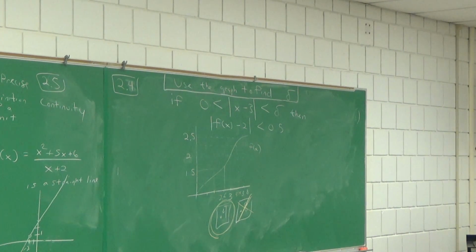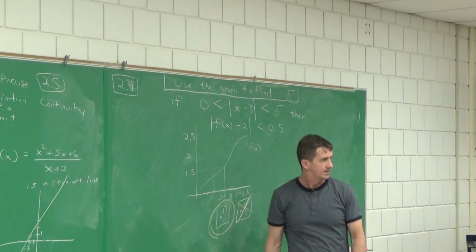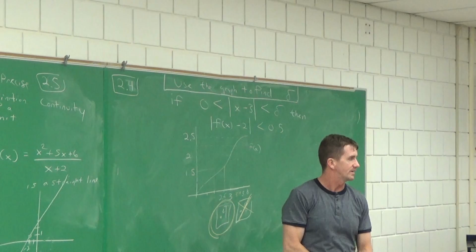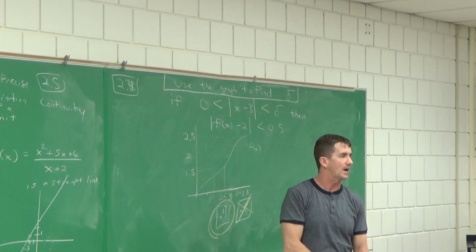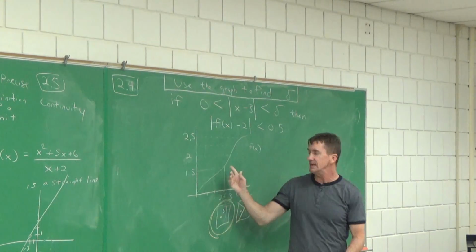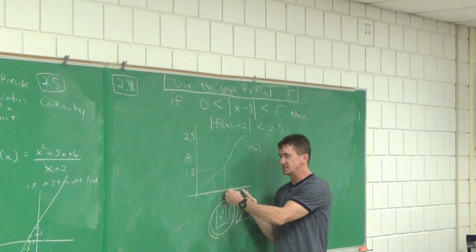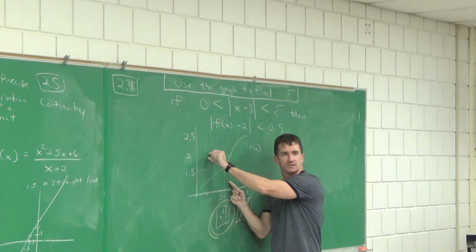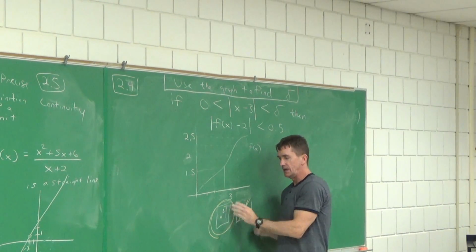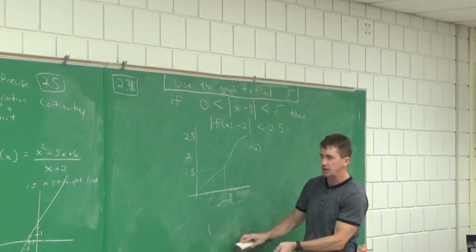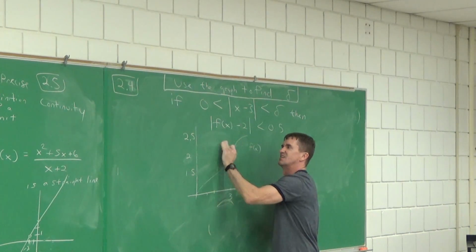But where'd you get the 2.6 and the 3.8? They were given, great question. They were given in the problem. And that's the one problem I like to focus on. It's this idea of what they're going with this precise definition. I mean, we can get into the math proof and stuff, but they're saying the idea of limits is, if you keep shrinking this distance, what happens to this distance? Like, this is 0.4, but what if I went closer? If you went closer to a point closer to 3, what happens? Up here. I'll get this out of the way. Here, get these out of the way. And right now,